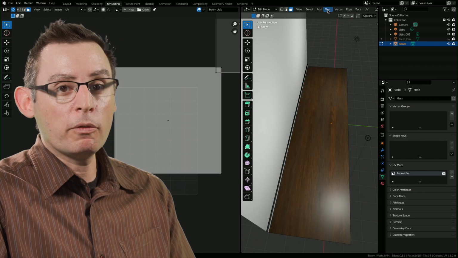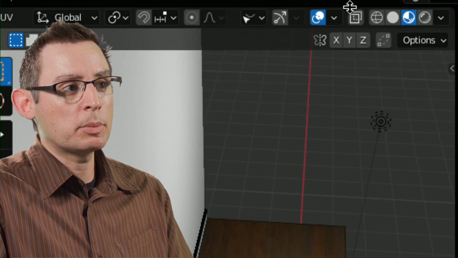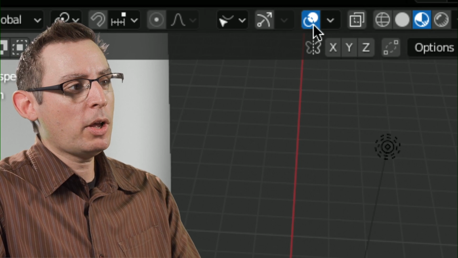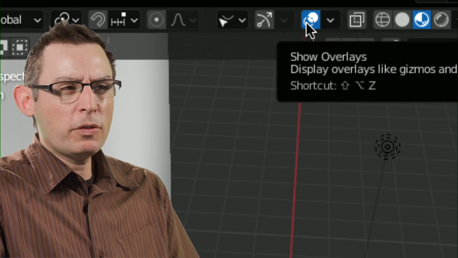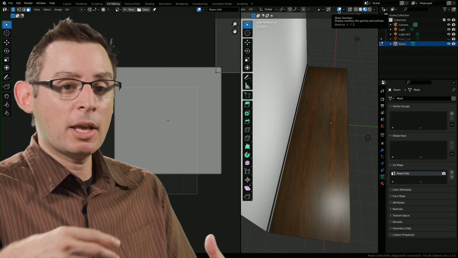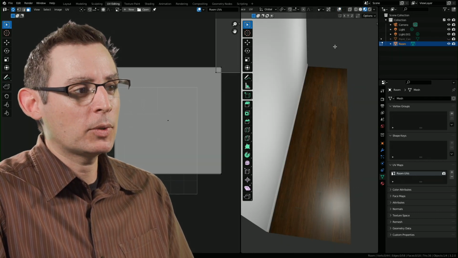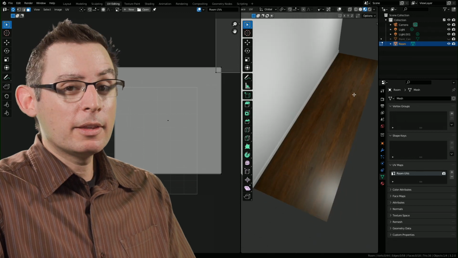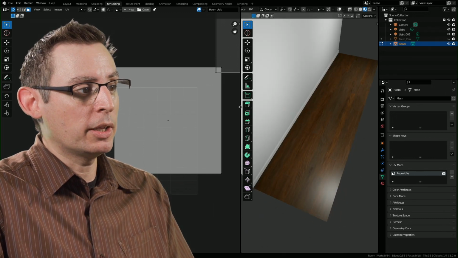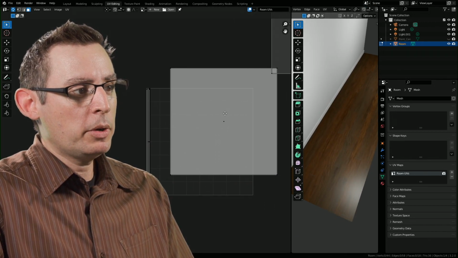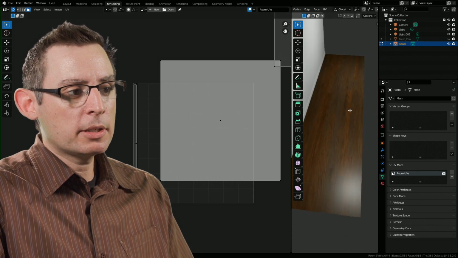We do that through our viewport shading styles, our viewport display options, excuse me. And if we turn off this button right here, all of the on-screen gizmos and gadgets that we've been relying upon to define a selection are going to be disabled, okay? However, the selection system is still going here, and let me prove it to you. I'm going to select this polygon.